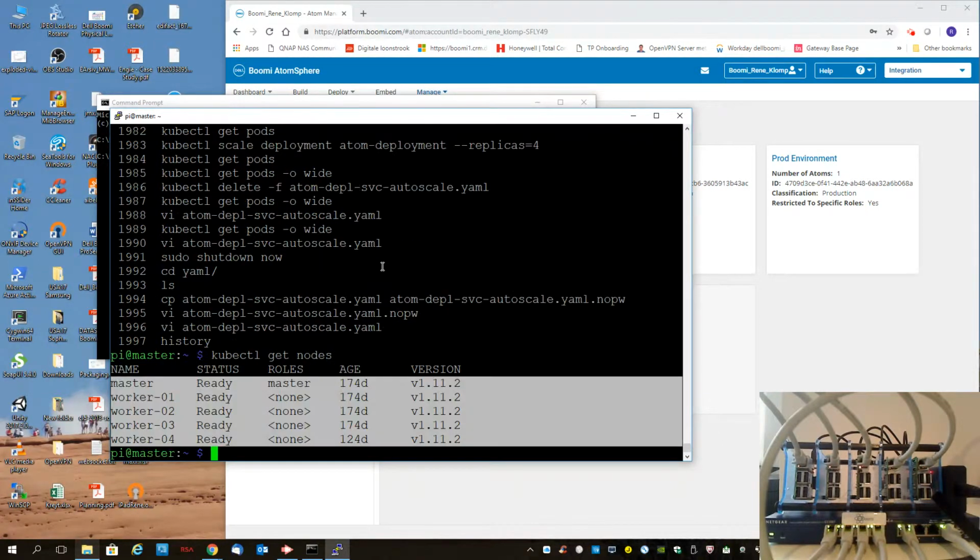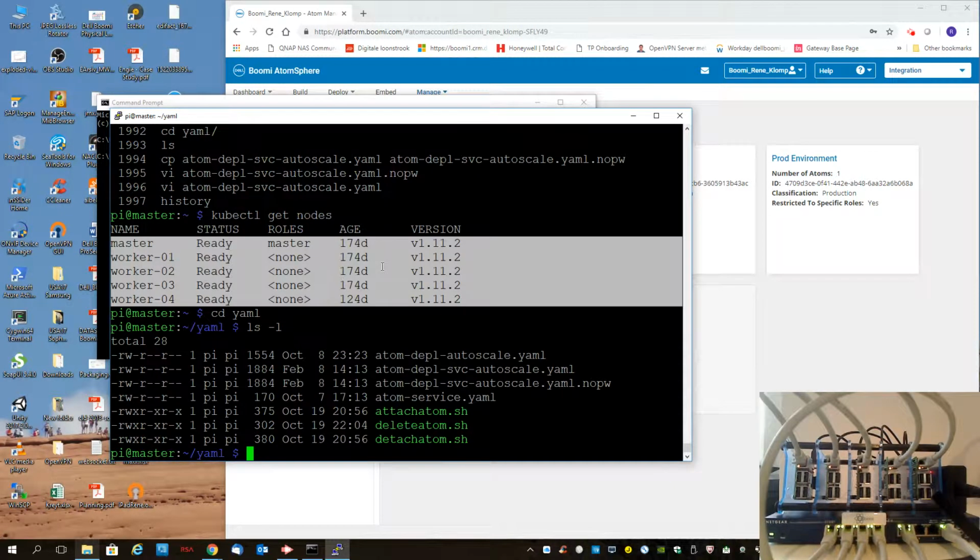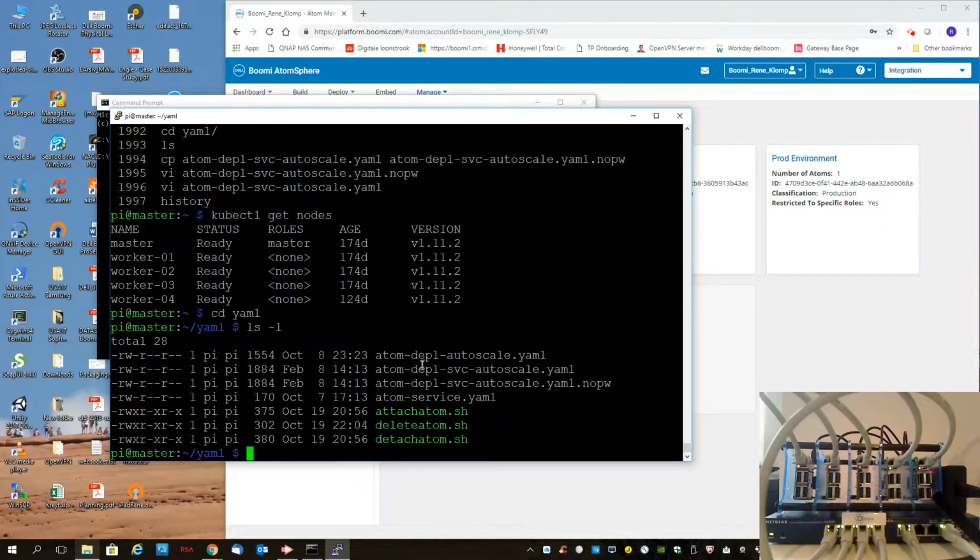So what I'm going to do is show you around a little bit more, going into my YAML directory, which will have the configuration of various deployments. And the one we're looking at in this video will be an atom deployment with according services and some stuff around auto-scaling, which I'll talk about later on. Now I'm actually going to show you this one because it has my password blanked out, so I don't have to worry about that. So if I go into this one,